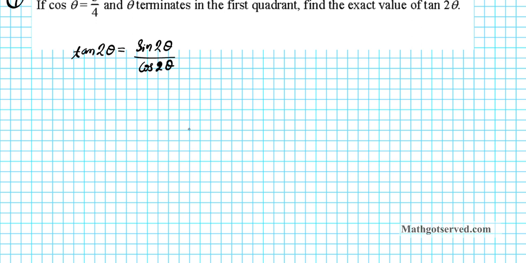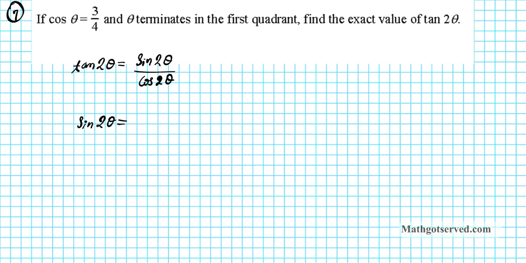All right, let's start with sine 2 theta. To find sine 2 theta, I'm going to use the double angle identity for sine, and that is 2 sine theta cosine theta. For this one, we already know what cosine theta is. Cosine theta is 3/4. So what is sine theta? Can we find it? The answer is absolutely. If we know cosine, we can find sine using the